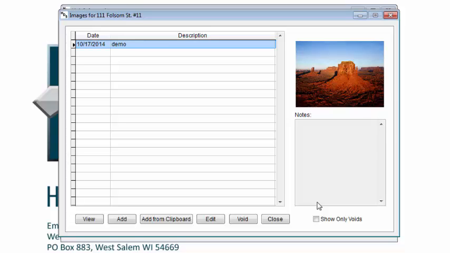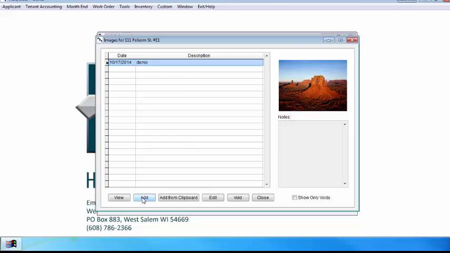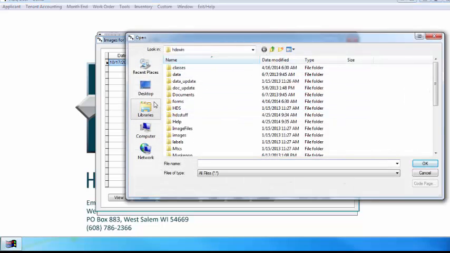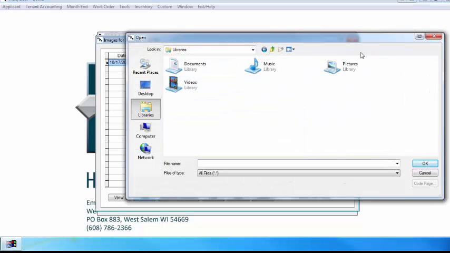The first thing you do have to do though is upload the desired images, whether it's from a digital camera or iPad or whatever, to your computer, and then save them to the HDS Win Pictures folder, which is located on your server. At that point, you can create any number of subfolders to organize your image files. But it's just a simple click add, and then just find your picture,